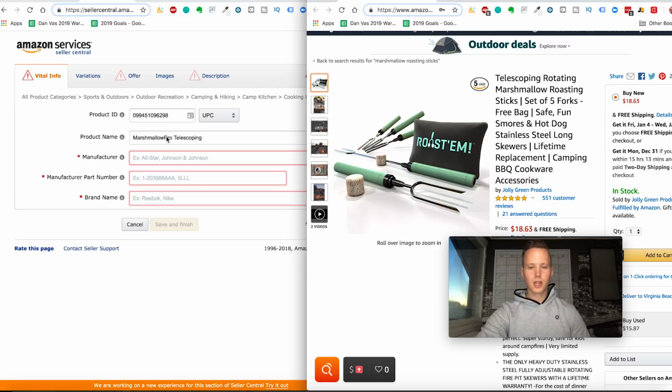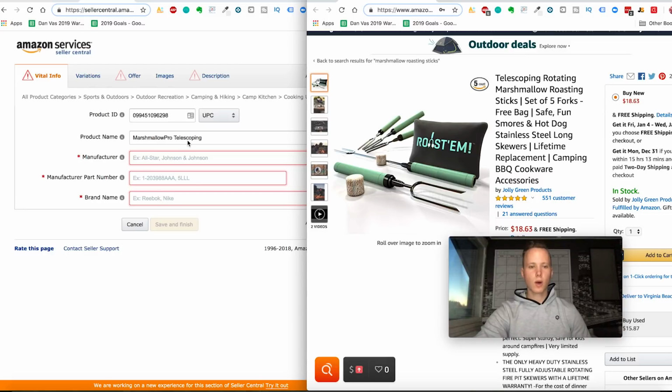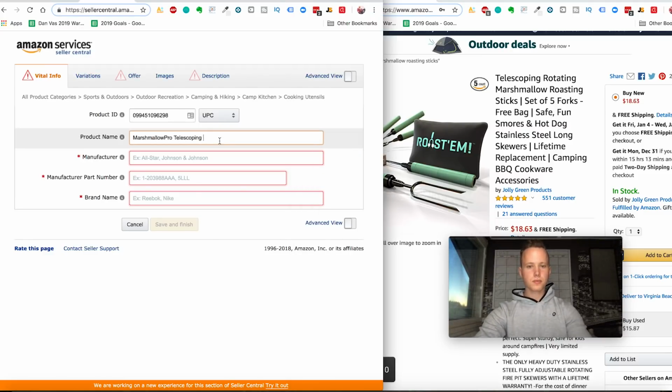It's not about these little details, like whether you want to have your brand name in the beginning or not. So this just looks like some random sticks, right? So we're actually going to go out there and say, hey, Marshmallow Pro, those are the best sticks out there, and that's what we're doing by putting our brand name in the beginning. So Marshmallow Pro, telescoping, rotating marshmallow